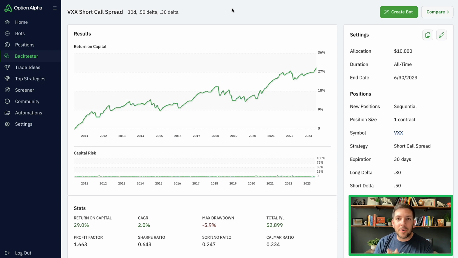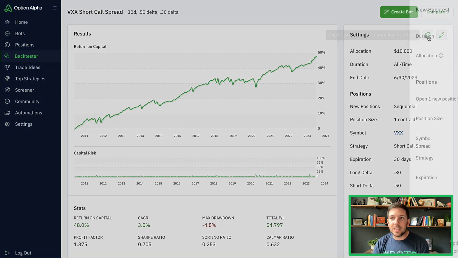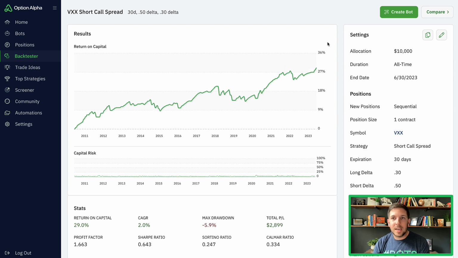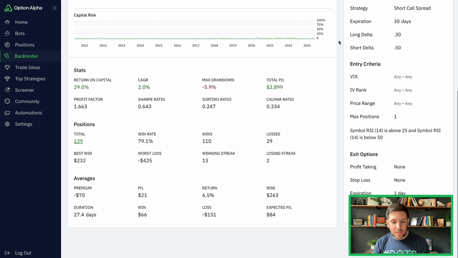So here's what I did. The first thing I did is I reran and copied this test. You can do this by just going up here and saying create a new backtest from these settings. You click this, you put in all your new information and create a version of this test. So I reran the test, exact same criteria, except the only thing I did here was I modified it to